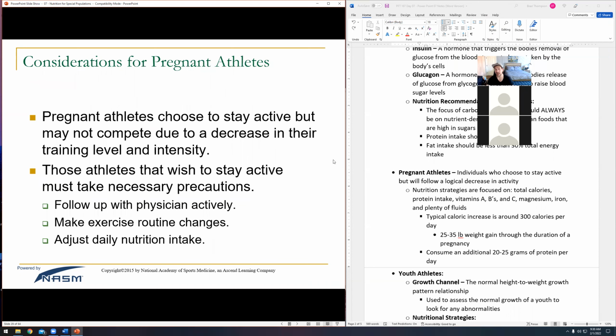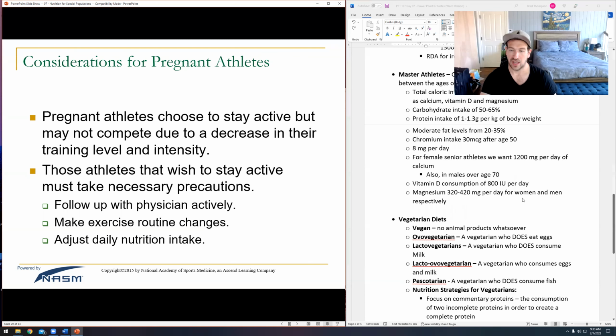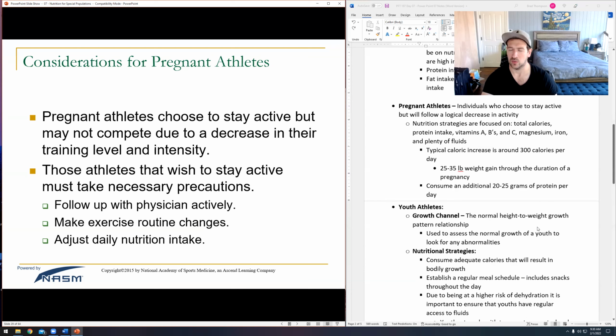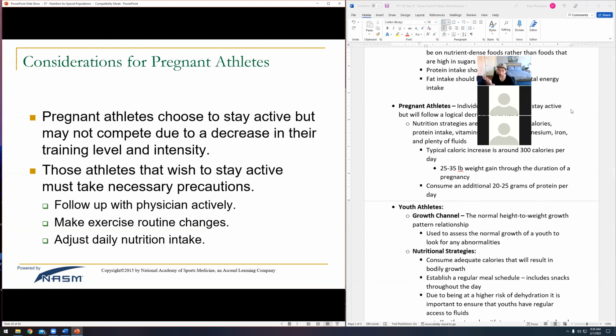If it gets really bad, then you can always call emergency services. So that is diabetes. That's probably the most common one you guys are going to run into, right? I mean, obviously we're going to work with youths and athletes and things like that, but generally, diabetes is just a very common thing to work with.